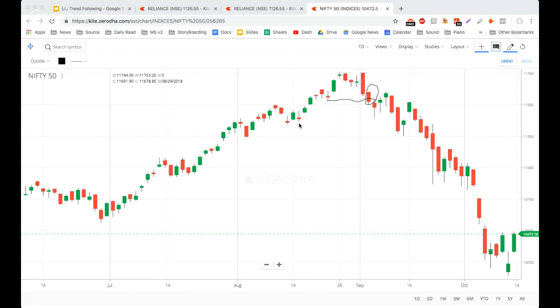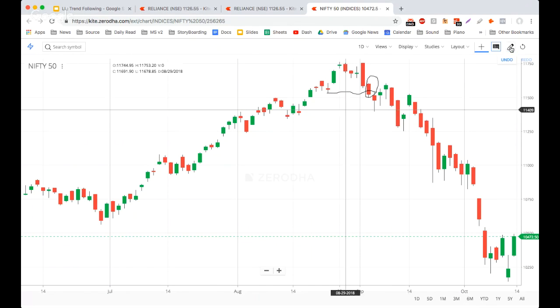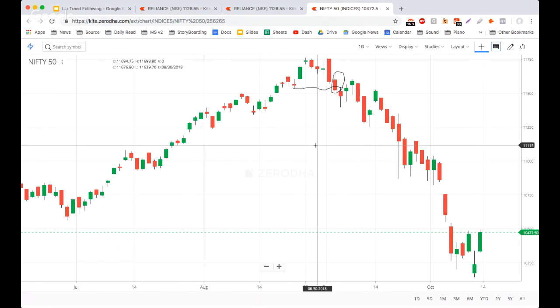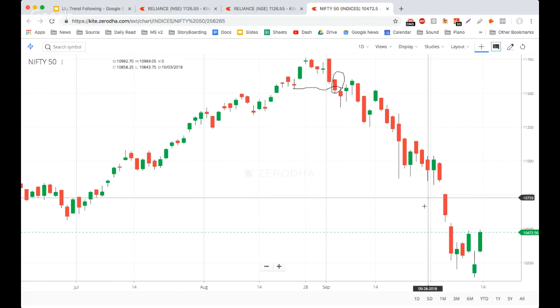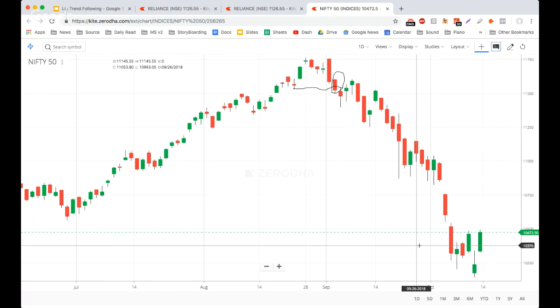A swing low broke here as well, but nothing happened. It happened here, and the second swing low was broken. And that's when you know that the downtrend has begun. So in short, I don't think a technical analyst or a person looking at the demand and supply would be surprised with this fall. Yes, the magnitude of the fall we can never predict, but we do know that we are in a downtrend. So guys, can you tell me one thing? Is Nifty in a downtrend or an uptrend right now?